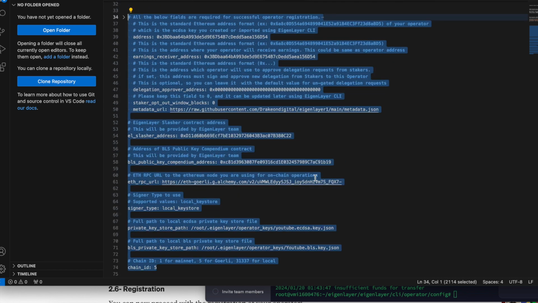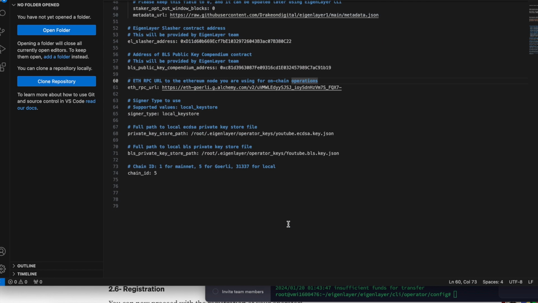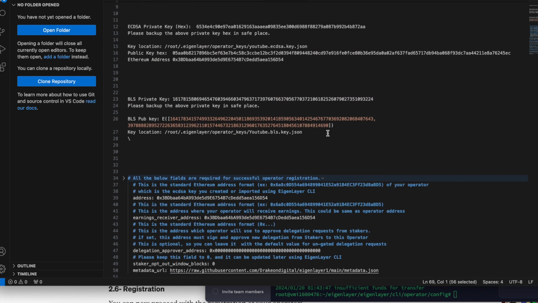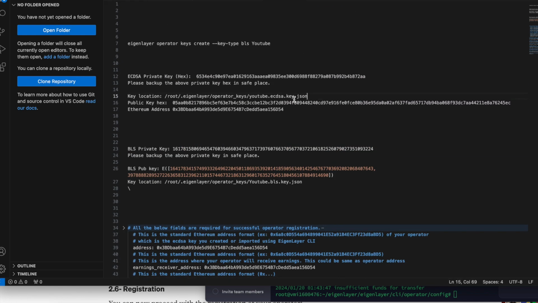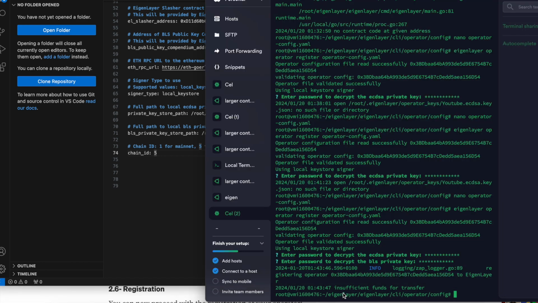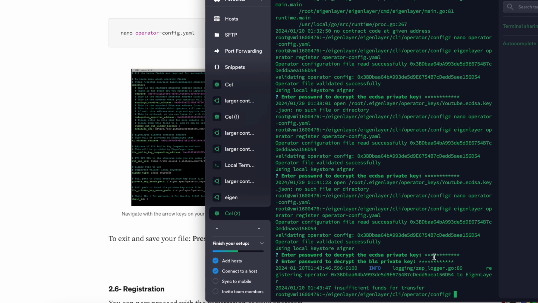But going back to the Visual Studio Code, I noticed that I had an error on this root.eigenlayer, etc. Basically what you can do is you can just copy and paste where you got your key locations here to make sure you aren't fat fingering anything like I did. Obviously I did, so it wasn't registering. So now you can see I was able to finally successfully register it, but I ran into another issue,